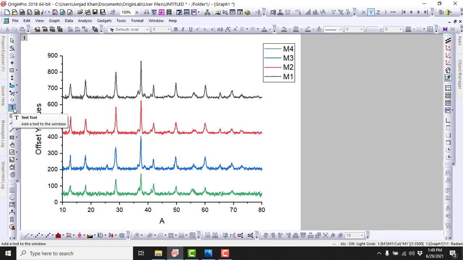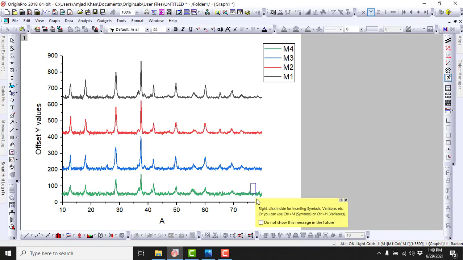Now let's label each graph. This is the M4 graph. This is M3.